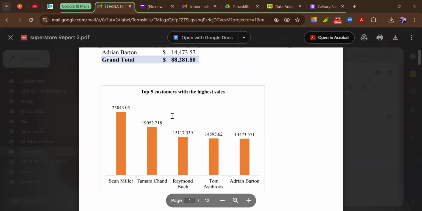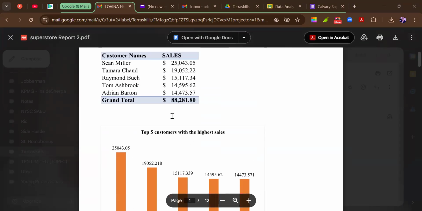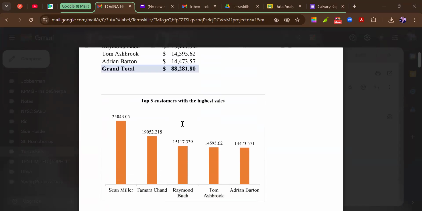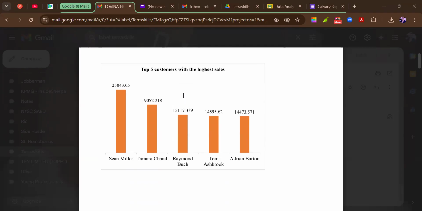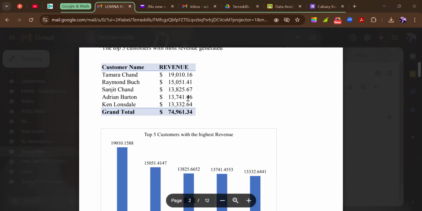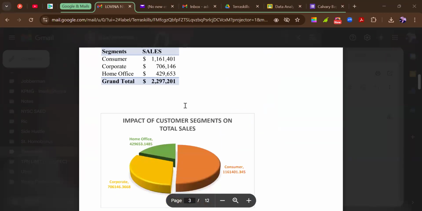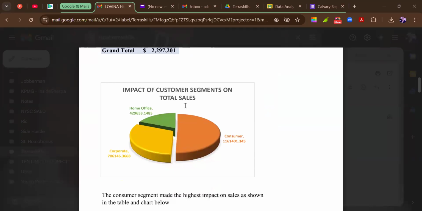This is our project. Who can tell me what is wrong with this particular chart? Please, I want everyone to look at this first chart, compared to this pivot table, and tell me what is wrong with it. The figures are not in dollars. Yes, they are not in currency. They are talking about sales, so they ought to be formatted as currency. And the same thing for the revenue, the same thing for the sales.